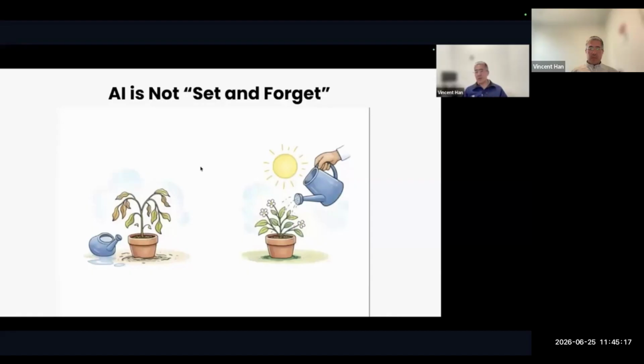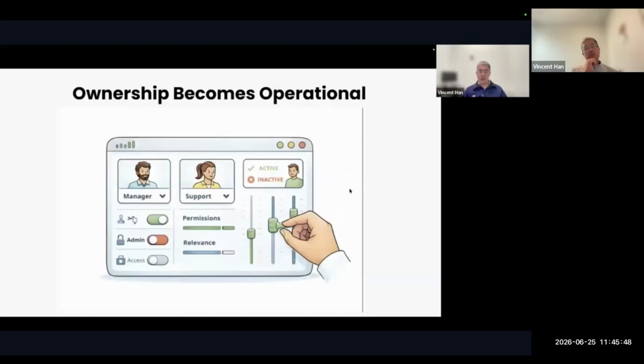A couple of final points. AI is not set and forget. Once you've built your guided bot, you can't just let it wilt, because in an organization, content is going to be dynamic. Your company might acquire a different company, and now, all of a sudden, the bot needs to be reset and informed by all those changes. As policies change, the chatbot needs to be aware of it. So put in your project plan how you're going to keep the chatbot up to date with the most current